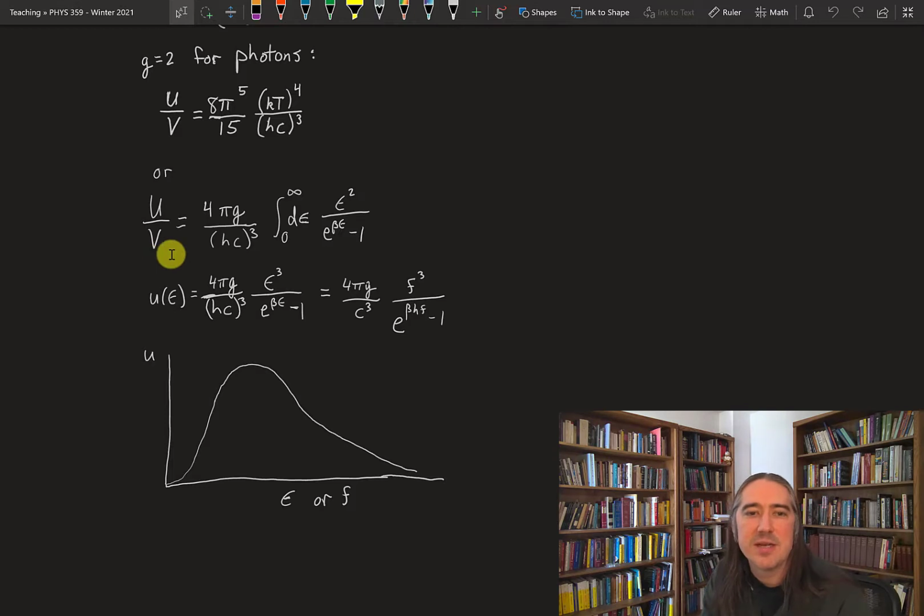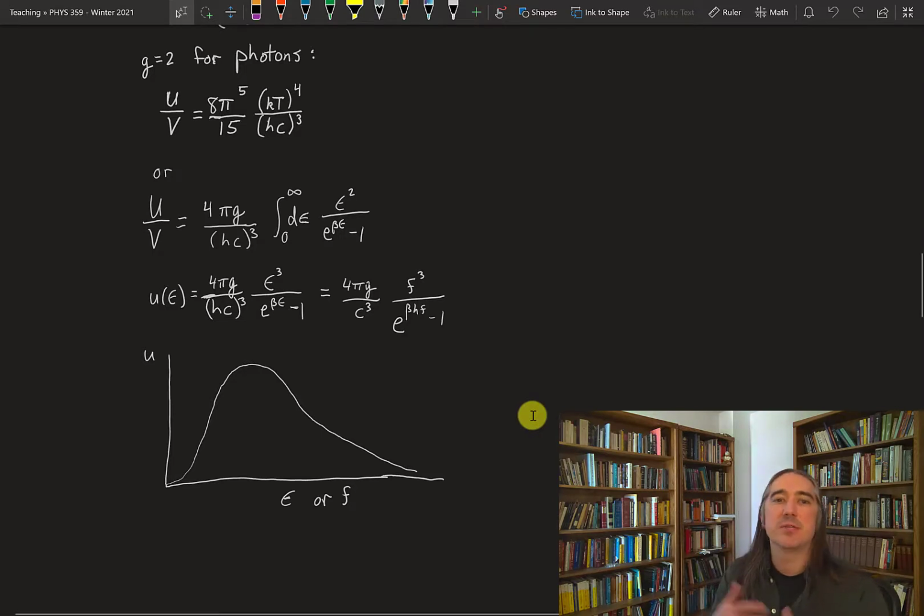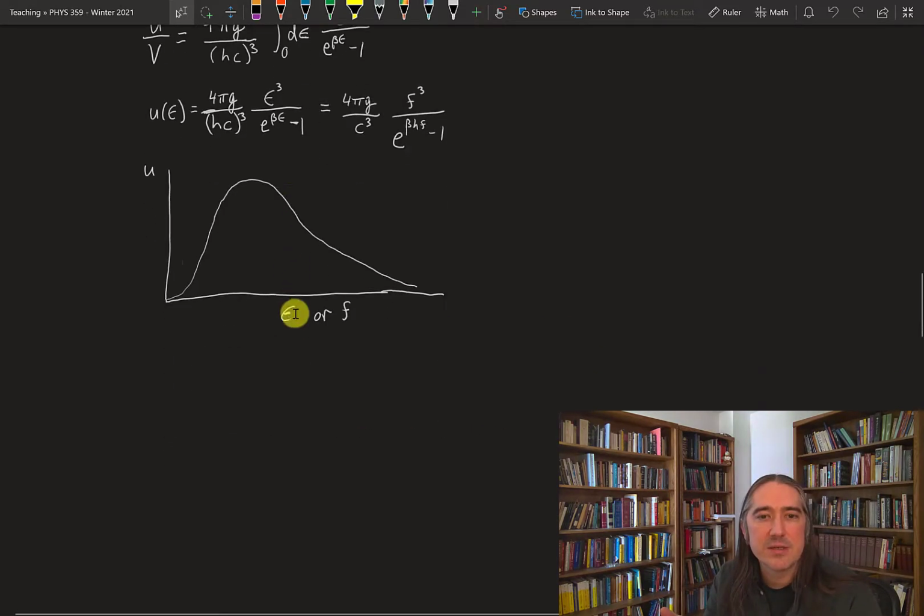A better way to say it is, hey, I've got 3 E's here and I've got 3 H's here. Let's write this in terms of frequency. Okay. So the spectral density is the energy density per unit of frequency. And so this is something that we'll see a lot. This is the black body spectrum. Okay. You should definitely look in Schroeder. He has much nicer pictures of it than what I can draw.